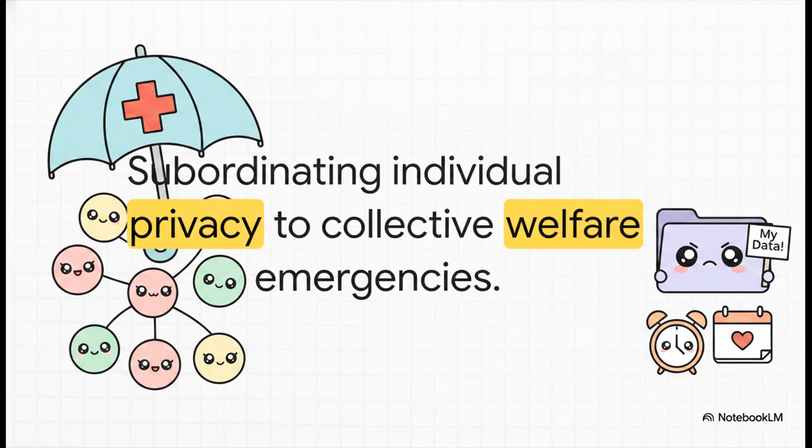Then there's the public health exception, which is philosophically a bit uncomfortable. It basically subordinates individual privacy to collective welfare. Think back to the COVID-19 pandemic. Contact tracing, infection records, those served a collective need that legitimately outweighed a person's desire to hit delete. However, and this is key, it is not an indefinite free pass. Once that emergency officially ends, the justification evaporates, and your systems have to instantly revert to honoring those erasure requests.